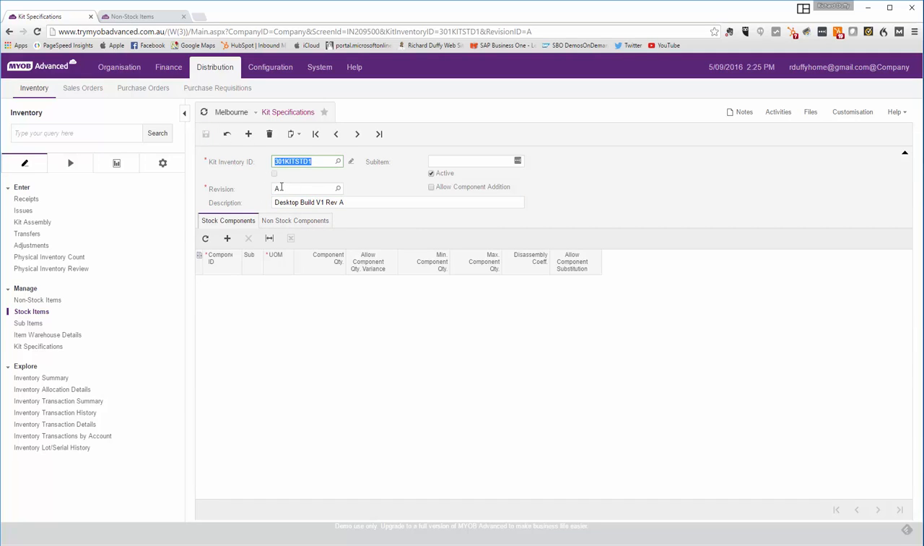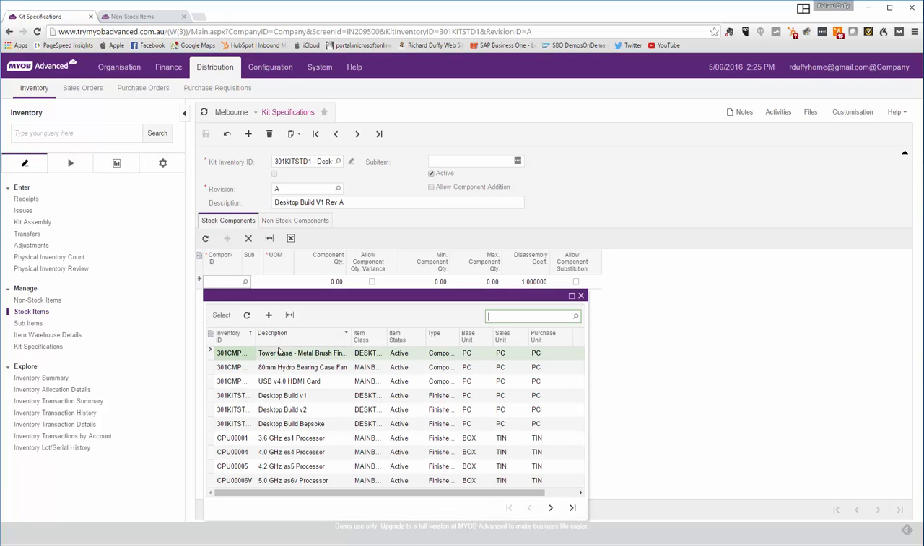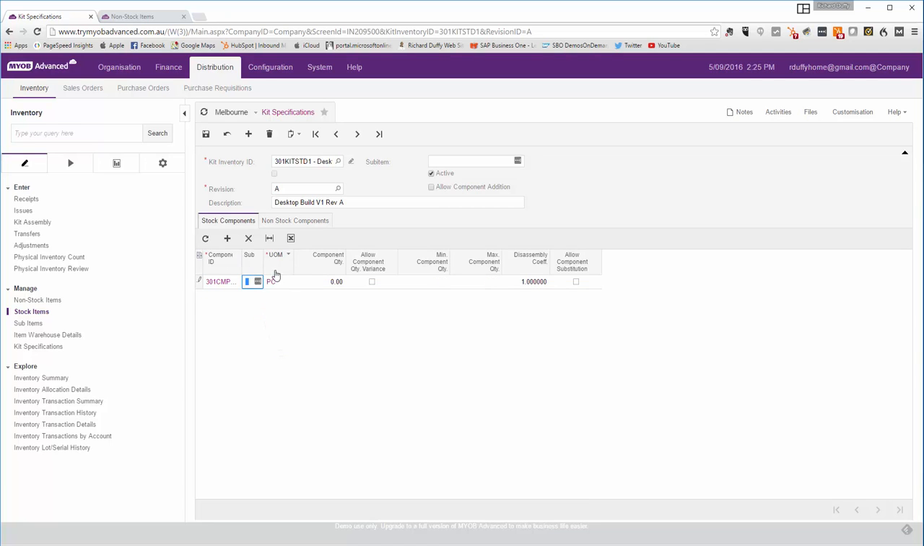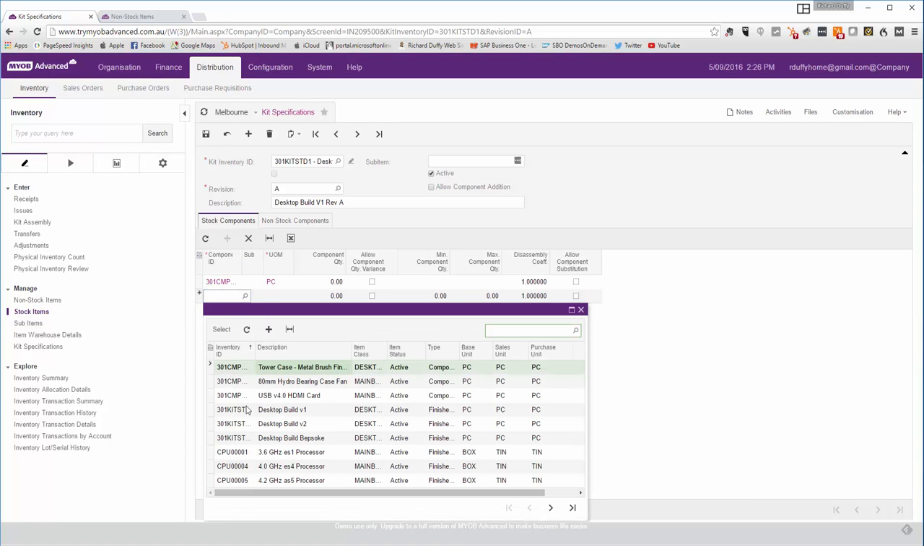So now I've got my revision A, and then I'm basically going in and saying, okay, well, what are the stock components and what are the non-stock components? So I can say, look, in this particular product, I have a tower case, and then I also have, I don't know,